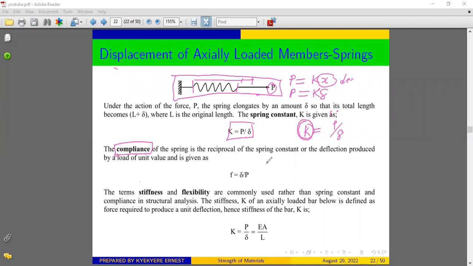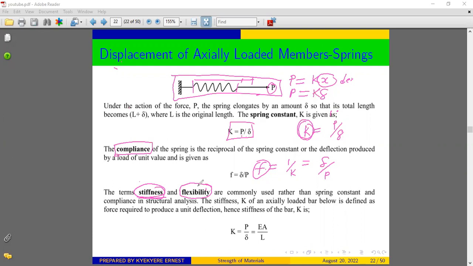So the compliance F is equal to 1/K, which gives us delta over the force applied. The spring constant is referred to as the stiffness of the spring, and the compliance is mostly referred to as the flexibility of a spring